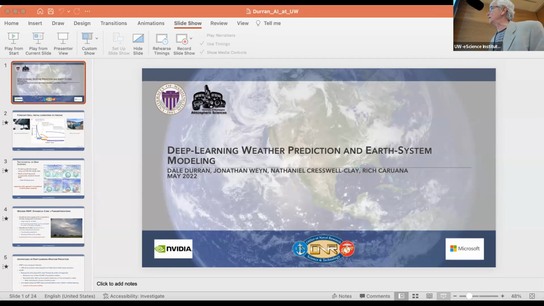So what's going on here is we're trying to predict 500 hectopascal height using only previous 500 hectopascal height data from a data set that's available from the European Center for Medium Range Weather Forecasting. This is the initial condition. This is a verification 24 hours later. And if we look at what's happening here, this trough region off California is coming onshore and deepening as it